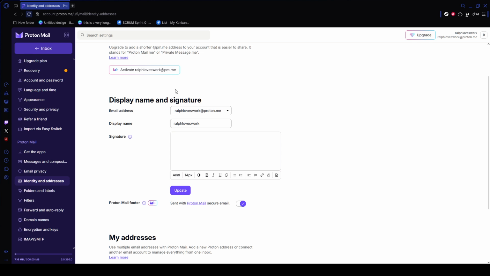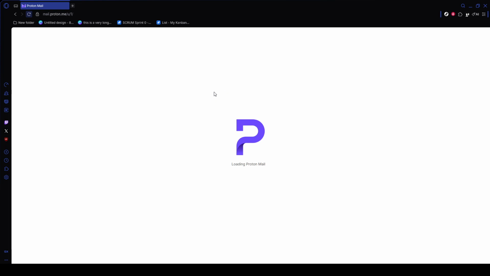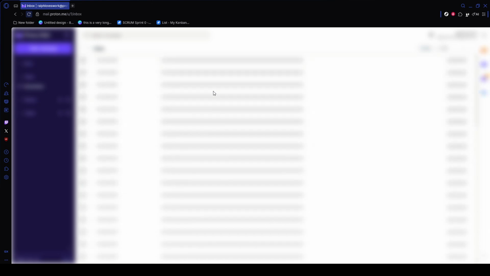Finally, test everything. Go to mail.proton.me, start a new message, and check the From field. It should already show your @protonmail.com address. Send a quick test email to another inbox you own, then open that message and confirm the sender appears as your @protonmail.com address. Once that checks out, you're